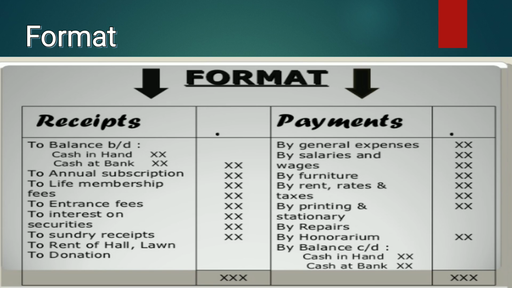First we have general expenses. The term itself clearly explains it as expenses. So expenses should be recorded on the credit side as per the rule of receipts and payments. Correct. Next, salary and wages. So you are paying the salary and wages to the employees working under you. So it is an expense for you. Next we have furniture, rent, rates, taxes, everything you are buying. When you are buying, you have to make cash payments. So it is an expense for you. Next, printing, stationery, repairs, honorarium, everything is an expense for you. So expenses should be recorded on the credit side.